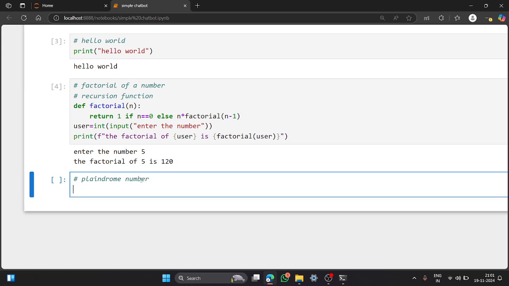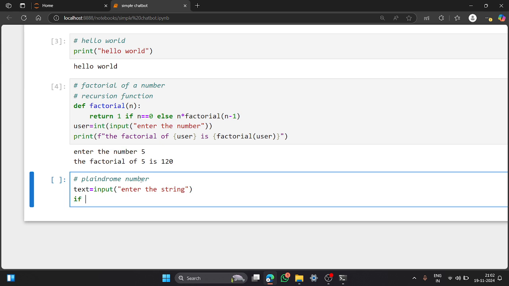A palindrome number is like this: if you read a string or a number from the front or the back, the pronunciation will be the same. This is known as a palindrome number or palindrome string. Suppose we take text equals input of enter the string. That's it. If text double equals text of double colon minus 1,